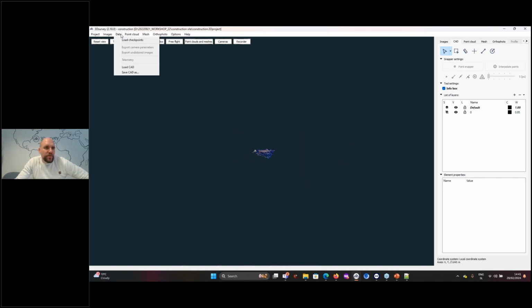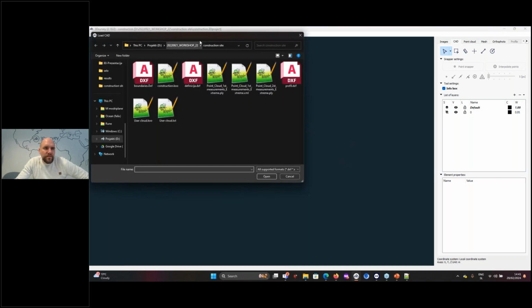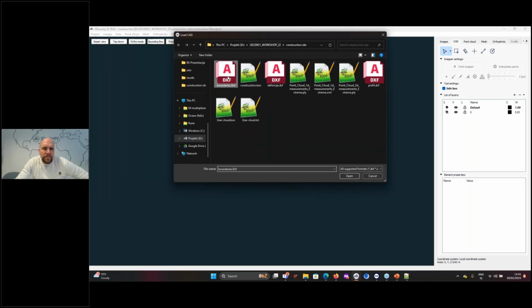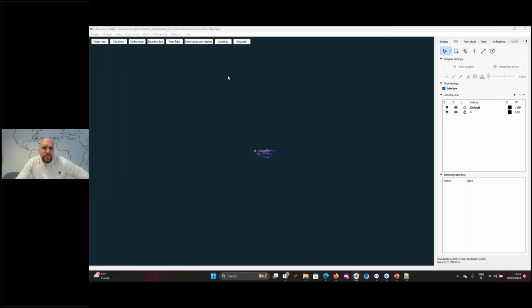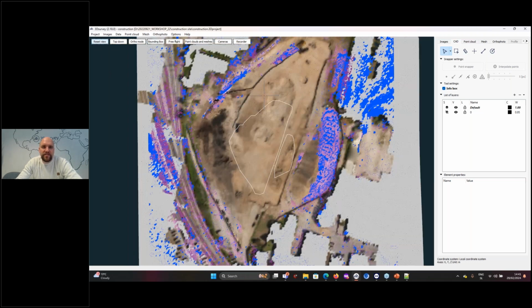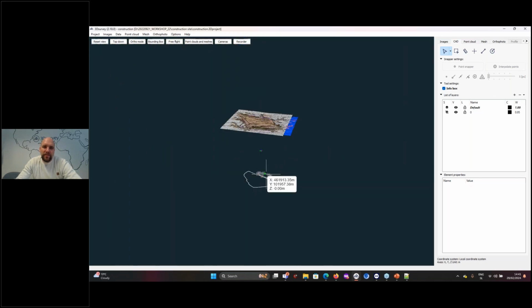Okay, maybe let's try it one more time. I think it's not showing up because I have the bounding box enabled, and it's only showing what's inside of the bounding box. So press reset view, and now I see the boundaries here at 0 elevation.